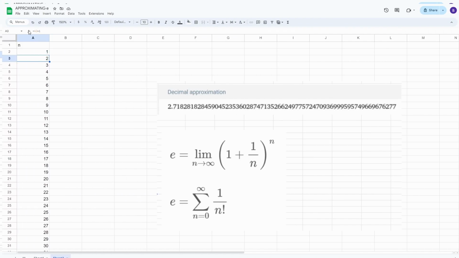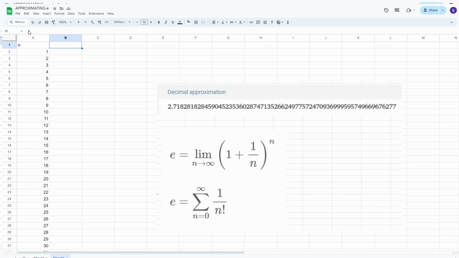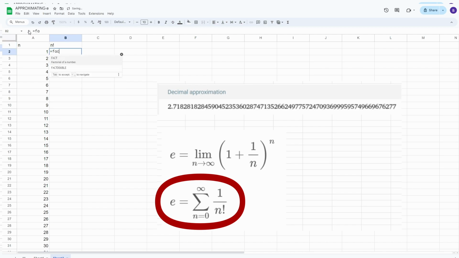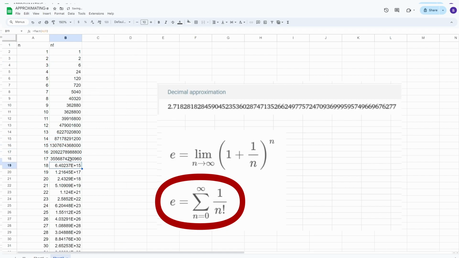Okay, so now I've started another sheet, and I've just copied over a bunch of n values. This is really the same thing we had on the previous one, but now let's approximate. Before we approximate the whole thing, let's just get our values for n factorial. We have a factorial function, and we just want the factorial of this n value. And yes, I've got some large values in here, but you can see our factorial values in